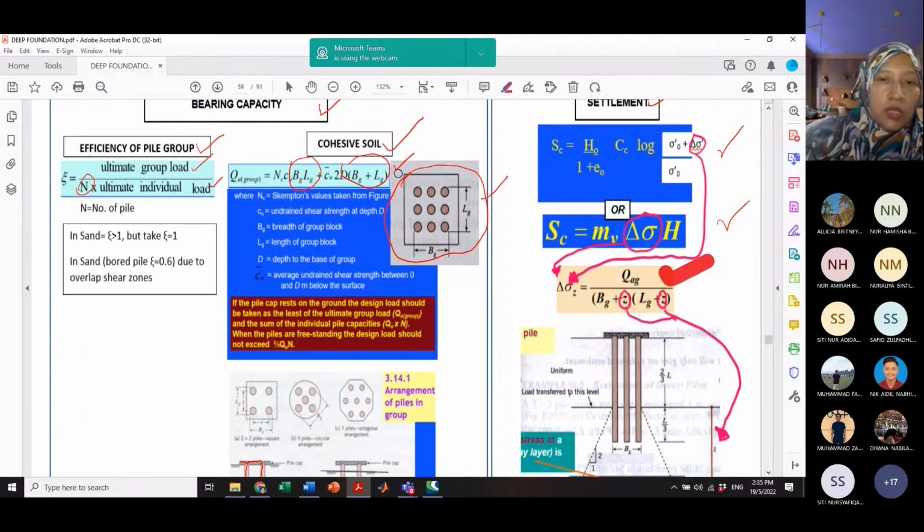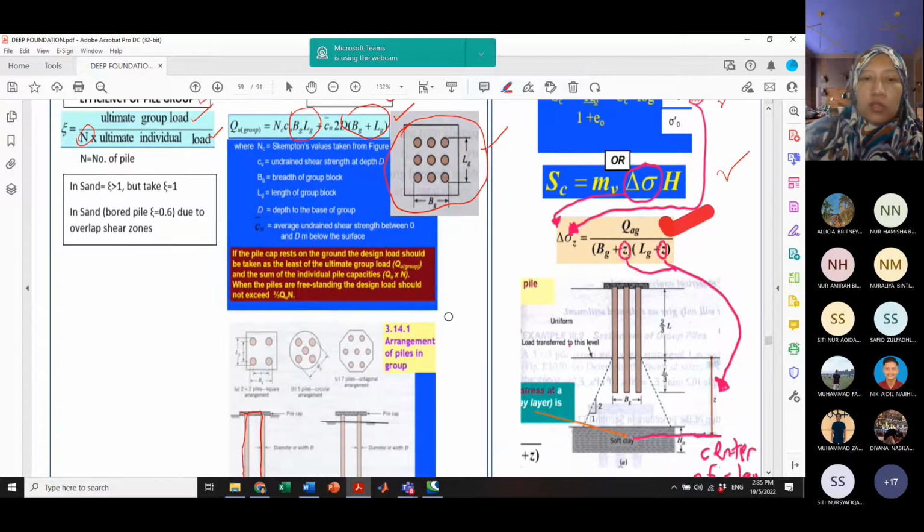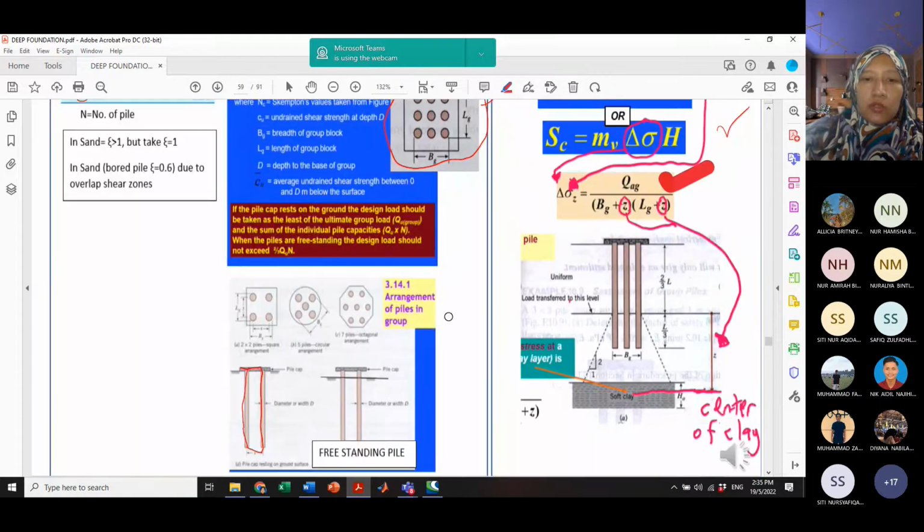So kalau you nampak kat sini, pile cap ni adalah satu struktur yang memegang beberapa pile yang mempunyai diameter yang sama lah. The only thing different is that dia punya distance ratio, spacing to spacing, pile tu berbeza untuk menghasilkan BG dan juga LG. Apa pentingnya BG LG ni? Untuk memberi ultimate bearing capacity of the pile group. So you have to know how to estimate the LG dan juga BG. It also give you some idea the arrangement of piles in the group. Contoh,